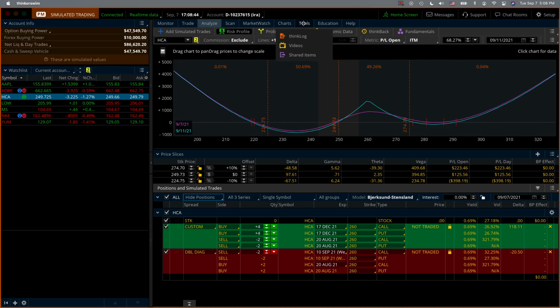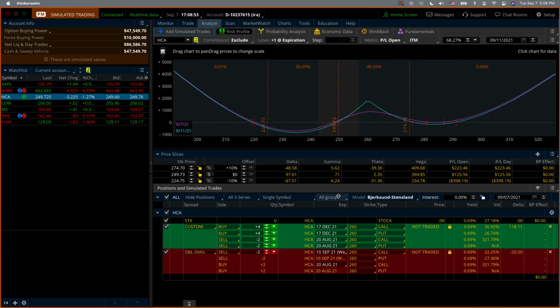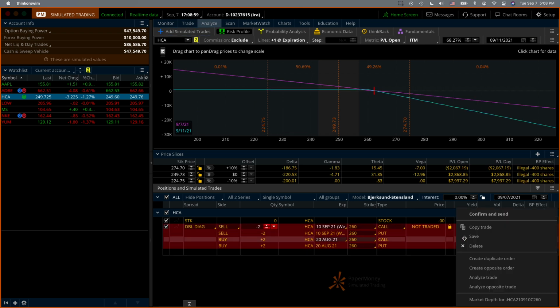And what do I do about the HCA? Let's take a look at the chart. You know, I want to do the rollover because it looks like it wants to go down significantly. Let's see. So how do I do that? Well, I'm going to do a rollover. So I analyze trade,